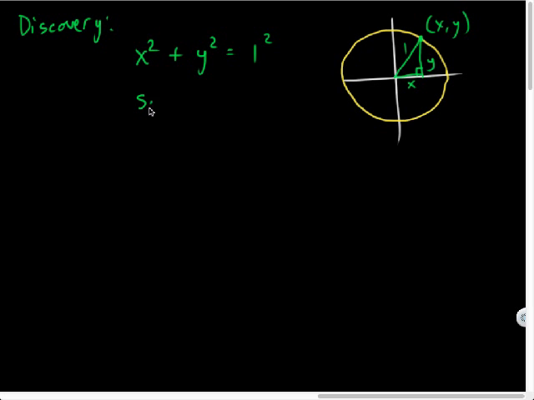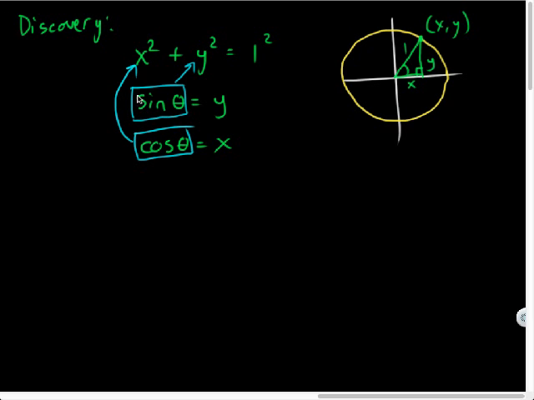The other fact I know is that sine of theta is equal to y, because opposite over hypotenuse. Cosine theta is equal to x, because adjacent over hypotenuse. So combining these facts, what do you think I could say? Sine squared plus cosine squared equals 1. Yeah. Right, therefore,